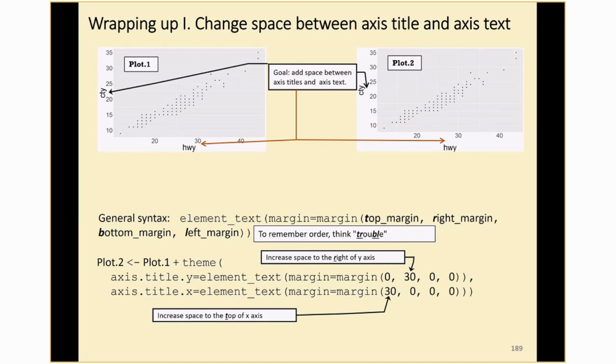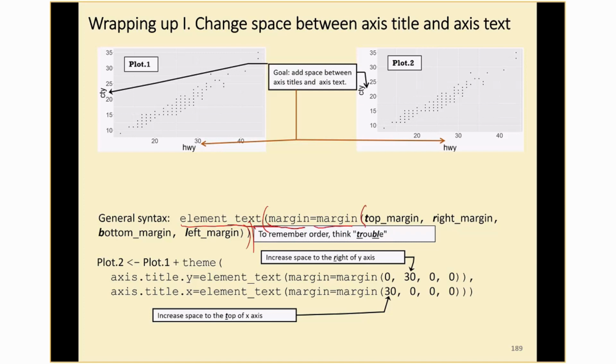And so the first thing I want to do is indicate that some of you may see in your plots, and look at those plot titles, that they seem to be scrunched up a little bit too tightly to the plot. So what you want to do is insert some space here and insert some space there. So the general syntax of that is, this is text. And so you're going to use the element text function, and then you're going to specify within the open and close parenthesis of the element text function, the keyword margin, then you have margin equals, and then you're going to